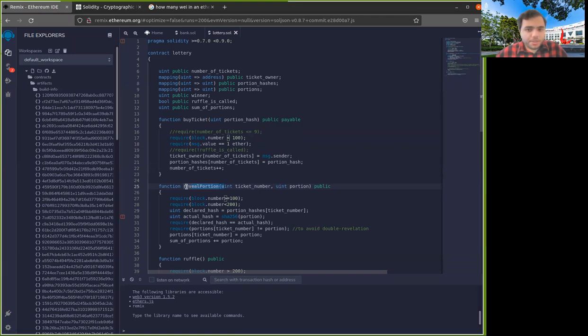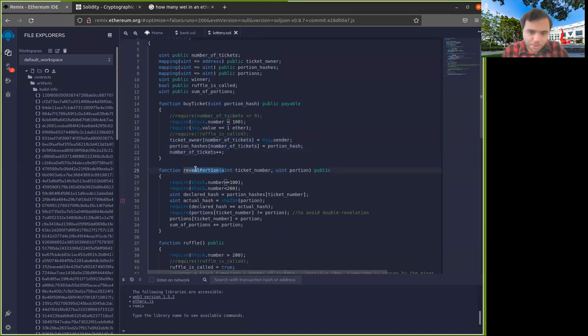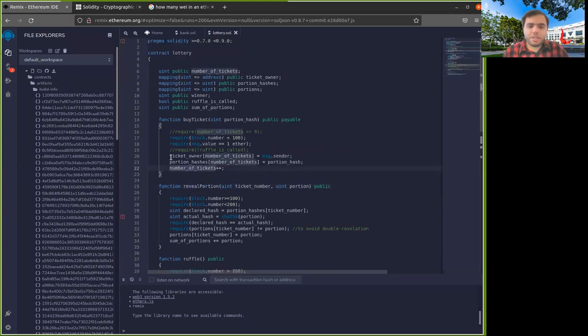If you think about it, this one is also not a great idea. Well, for several reasons. First of all, a problem that we have is that people actually paid gas for taking part in this lottery, right? So when you're calling this function for buying a ticket, and when you're calling this function for revealing your portion, you're paying some amount of gas. And so if the lottery just gets canceled because someone else was dishonest and didn't reveal their portion, then it's like penalizing everyone. Even if you give them a refund, you will give them a refund of 1 Ether, but their gas will not be refunded.